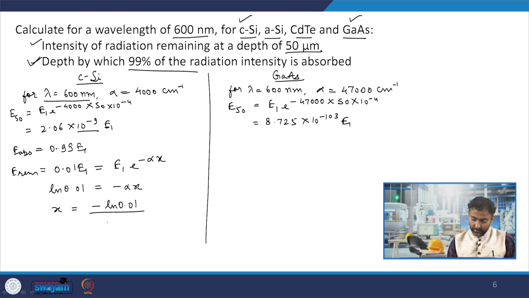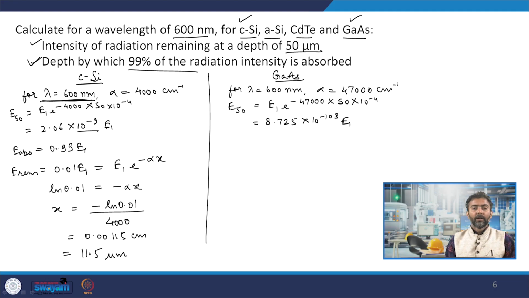So ln 0.01 is equal to minus alpha x, and therefore x is equal to minus ln 0.01 divided by alpha. Alpha here is 4000 per centimeter. So the value comes out as 0.00115 centimeter, or in other words we can say 11.5 micrometer. So by a depth of 11.5 micrometer in a silicon solar cell, 99% of the 600 nanometer wavelength radiation has